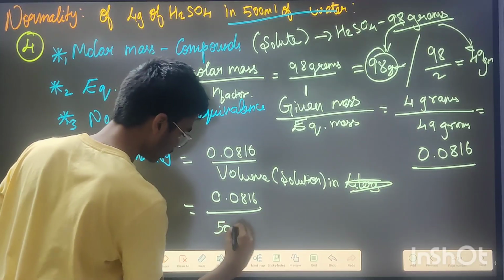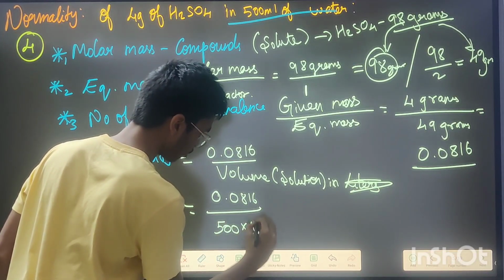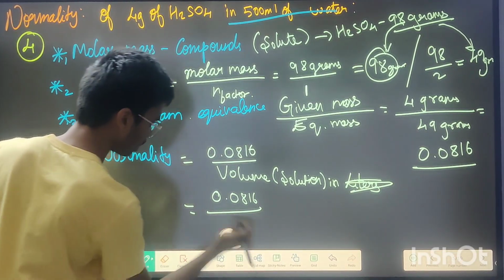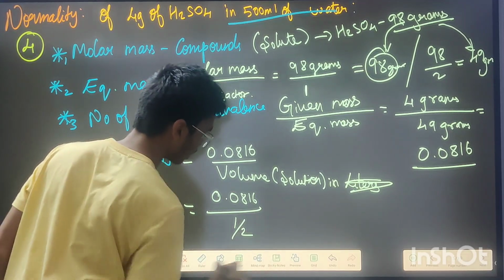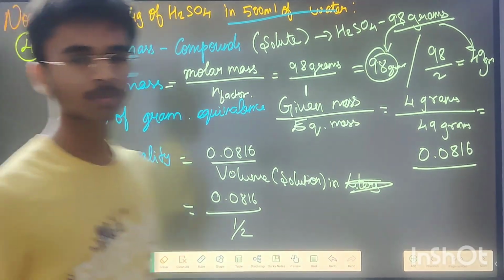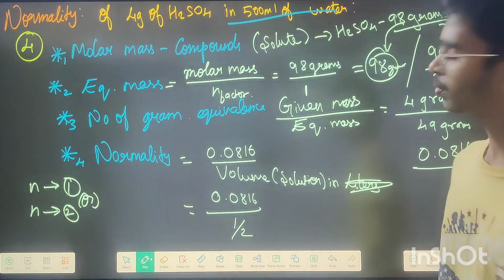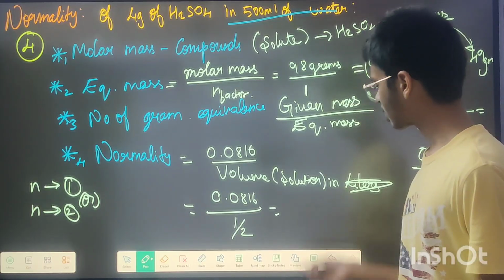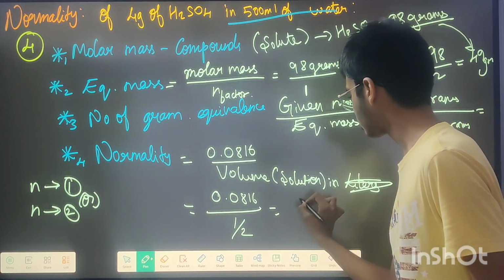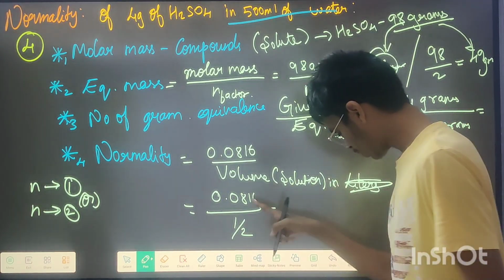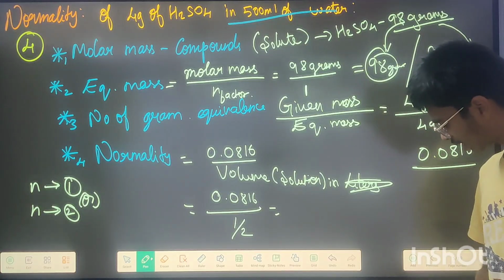So 500 into 10 to the power of minus 3, or you can write it as 1 by 2 liter, which is more comfortable. So I just double this value, so then you will be getting